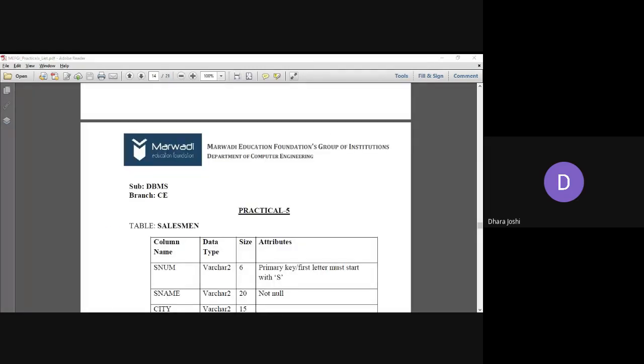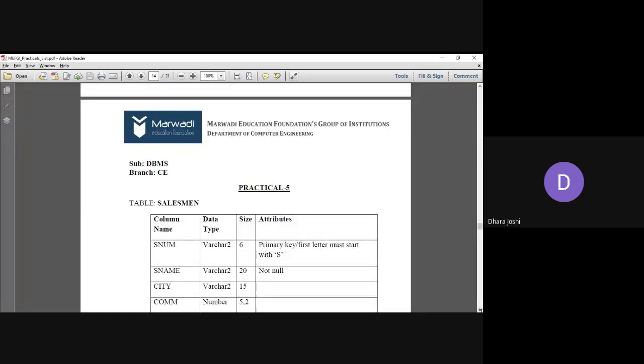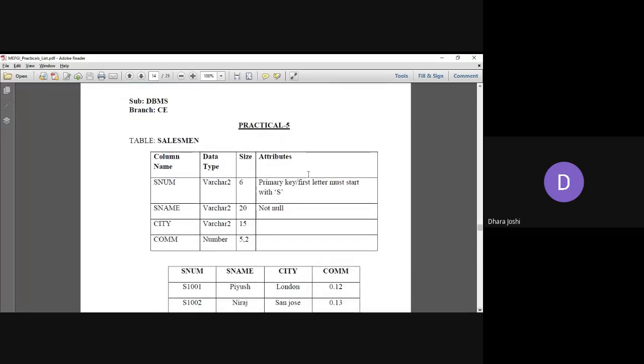First, we need to create a salesman table. First, understand what you need to do. This entire practical file you will do by yourself. Whenever help is required, if you are not getting any kind of query, we will help you. But this is self-assessment. You will do it by yourself, and practical 5 is graded. I am posting it in the Google Classroom and it is graded. So do not copy the commands from each other. Do it your own way.